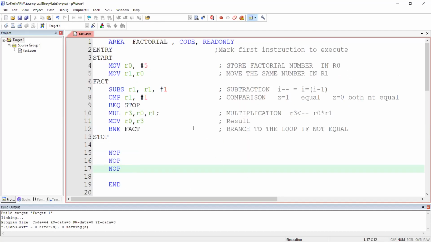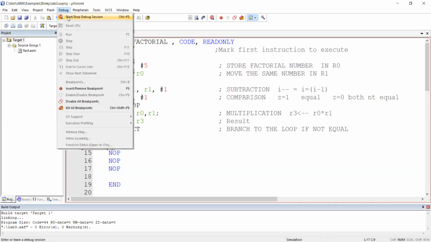Okay, so we'll do one thing. No operation is used 3 times here because we have to give time for the program to write or update values as well as the status register. So we have to use it 3 times. It is good practice. A minimum of microseconds or milliseconds of delay is required.